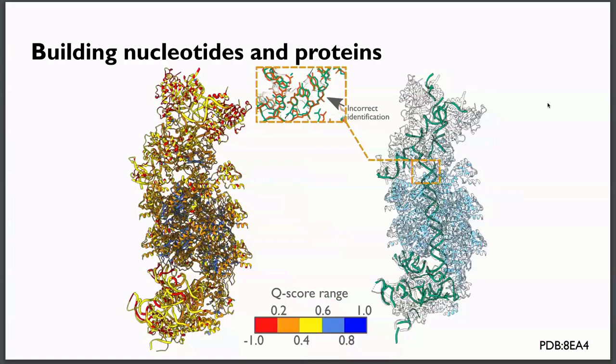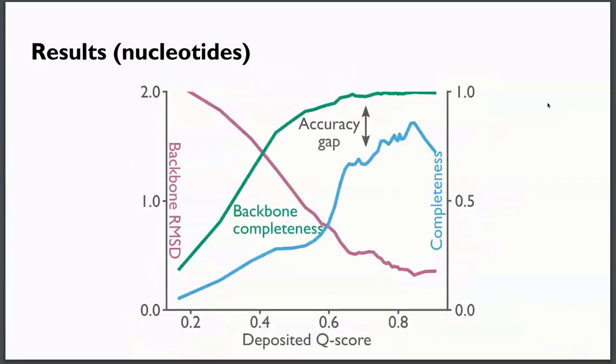For this other structure, the resolution was worse. It's like 3 angstrom, and you can see it in the Q-score coloring. And even here, for the backbone of the nucleotides, it seems to have done a good job, but you can see now that the sequence for the nucleotides is getting more challenging. And that's the main drawback with the nucleotides: even when we have high backbone completeness, we see something that we don't see in the proteins, which is that the accuracy of the sequence matching